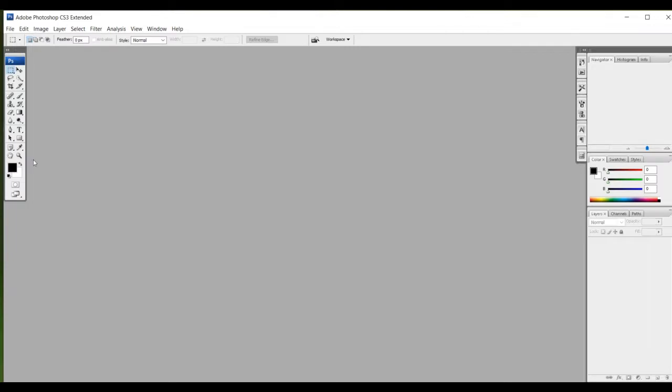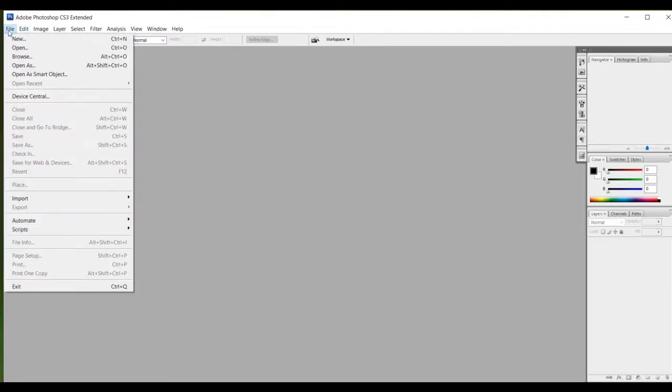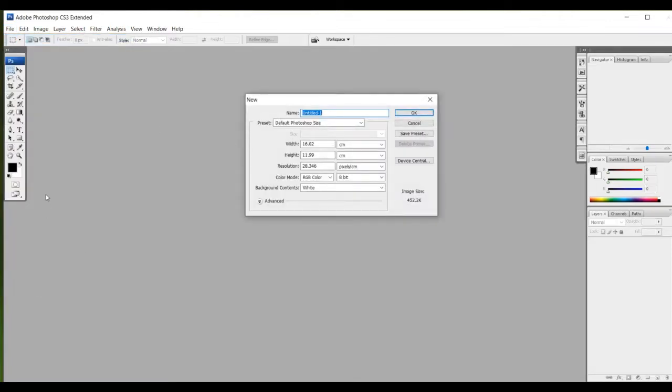Now how to create a new file? For creating a new file, you have to first open Photoshop and then create a new file by selecting the File tab. In the File tab, go and select the New option. What is the shortcut key for opening a new file? Control plus N. So this way we are going to open it. A new dialog box appears on our screen where you have to mention the name, width, height, resolution, color mode of the layout, etc. and press the OK button.